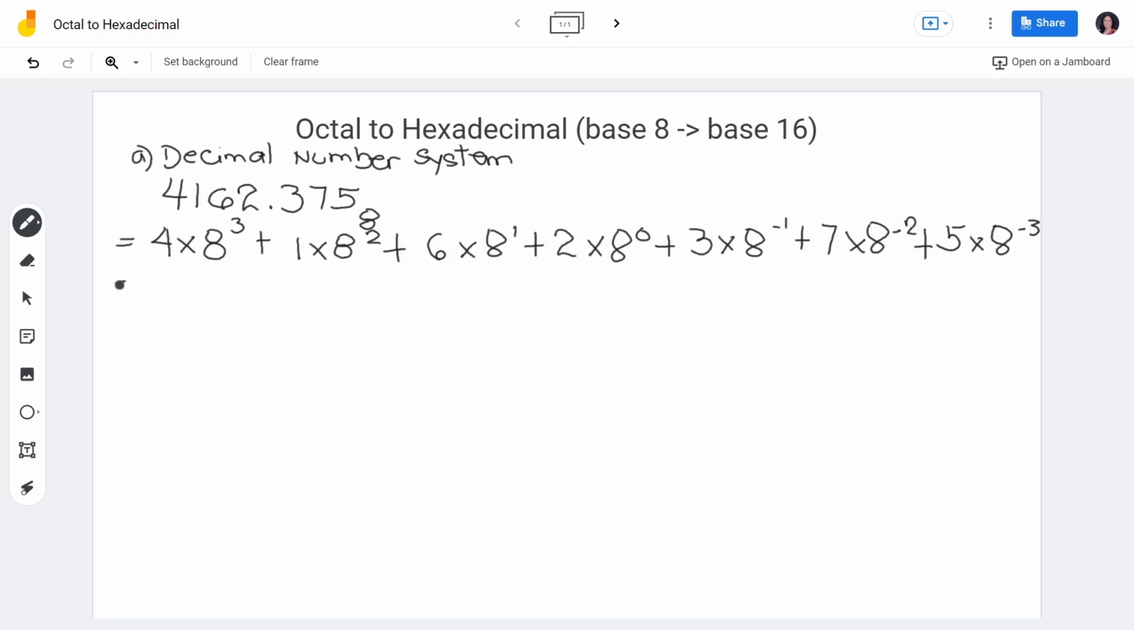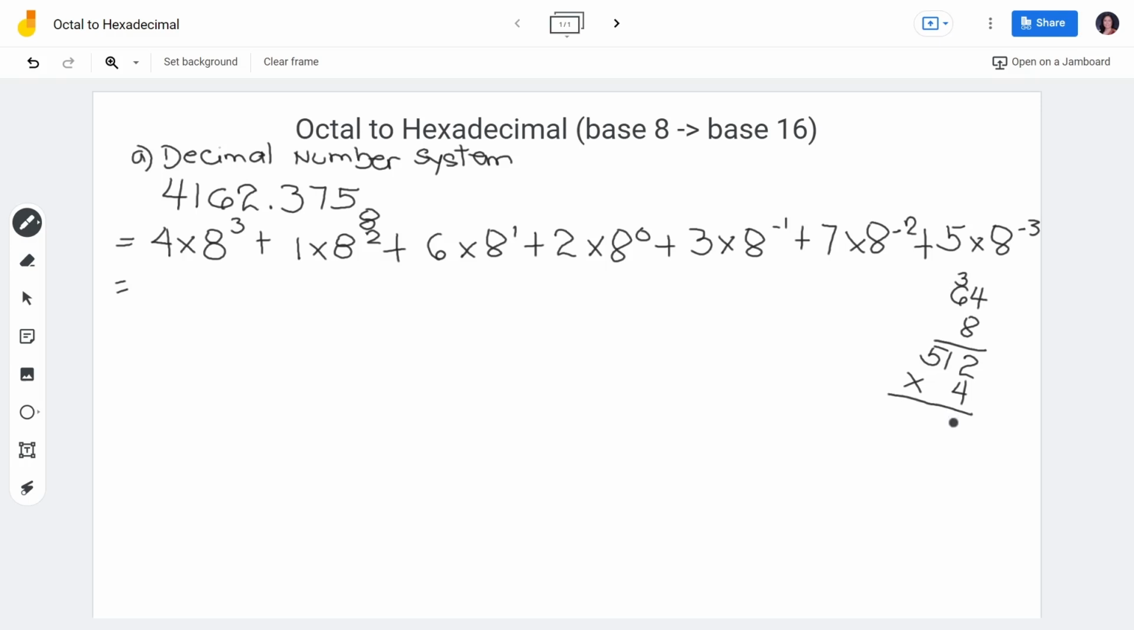Okay, so what is 8 raised to 3? 8 times 8 is 64. Again, we have to multiply 8 by itself 3 times. 8 times 8 is 64. 64 times 8: 8 times 4 is 32, write 2 carry 3. 8 times 6 is 48 plus 3 is 51. So we have 512. And since 512 is times 4,